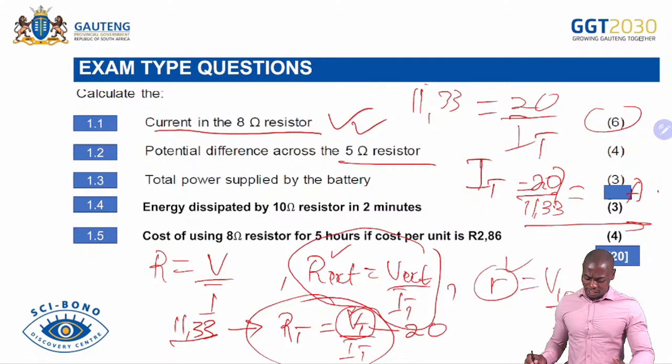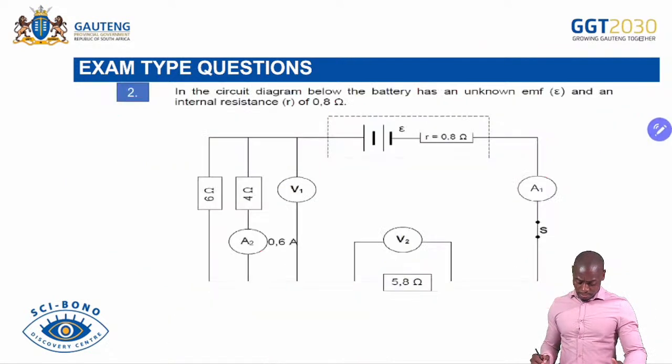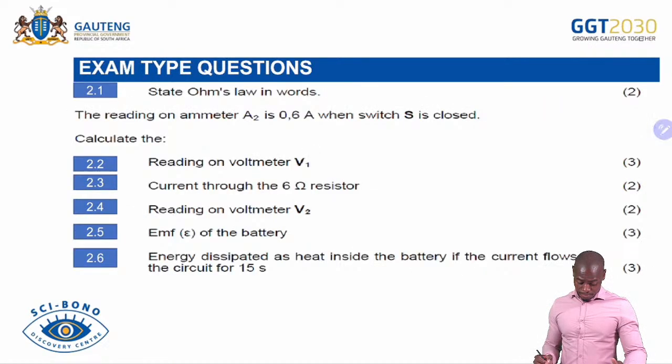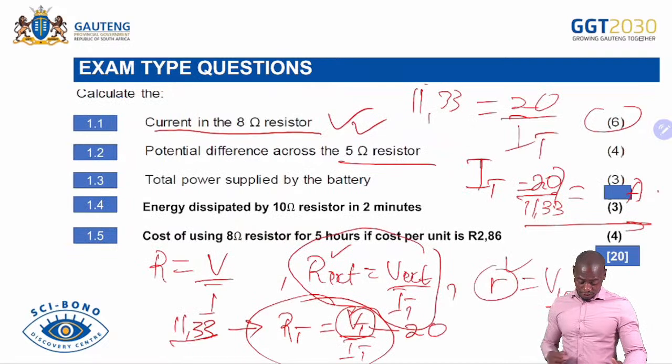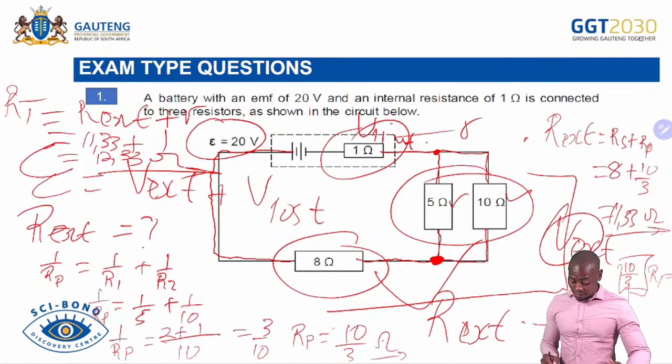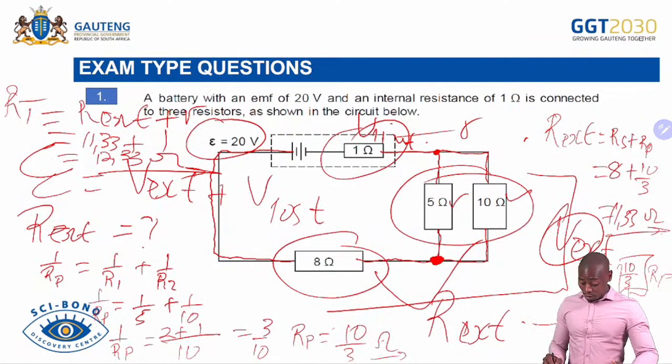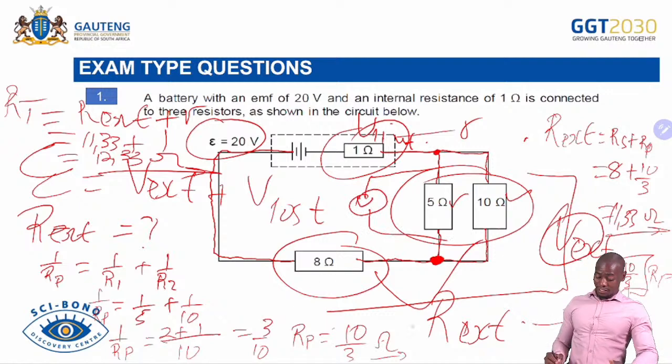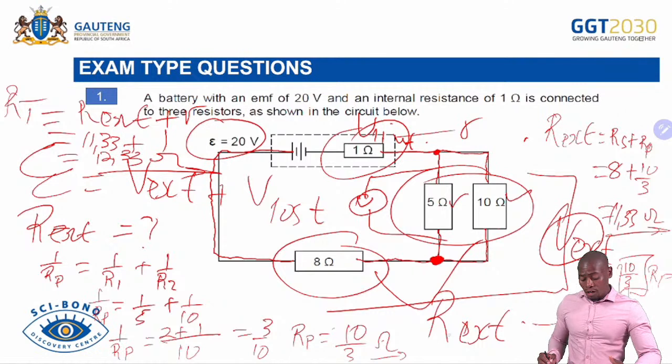Then they want the potential difference across the 5 ohm resistor. Okay, I want to go back. Right. So across the 5 ohm resistor, learners, this 5 ohm resistor is connected in what? They want the potential difference, and it is connected in what? In parallel. Right. So since it is connected in parallel,